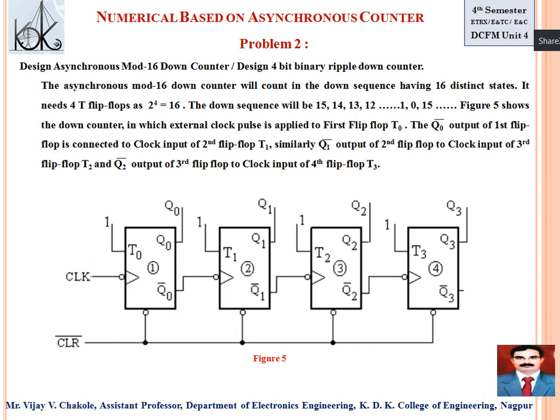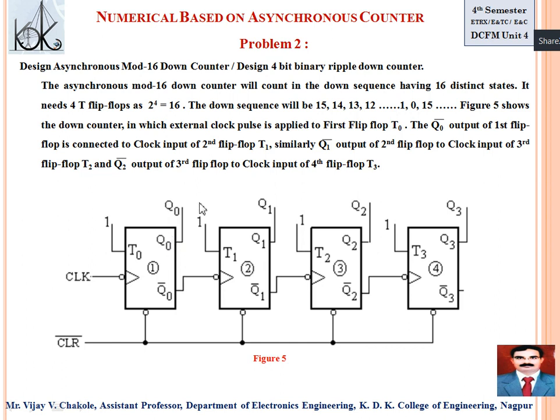So when the first negative edge comes to the LSB, here Q0, this flip-flop is the LSB flip-flop and this flip-flop is the MSB flip-flop. We have provided the clock pulse to this flip-flop, that's why this is the LSB flip-flop. Now whenever you provide a negative edge, the first negative edge strikes flip-flop 1, and as T equals 1, this output toggles from 0 to 1. Previously Q0 is 0, and as T equals 1, when the negative edge comes, this toggles from 0 to 1.